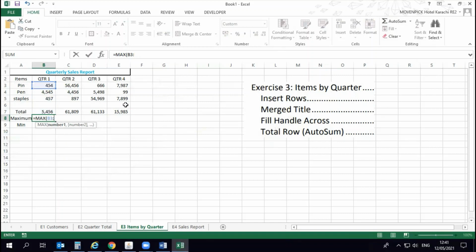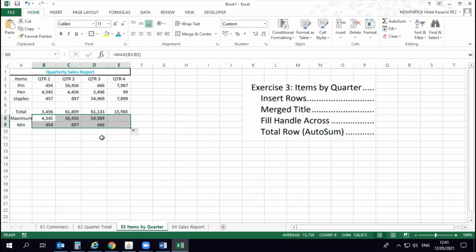We can write as well as per requirement D5 and the min formula as well. So with the help of AutoSum we will apply the min formula and select the right data as per requirement. Now we can drag both formulas together. Here you can see the